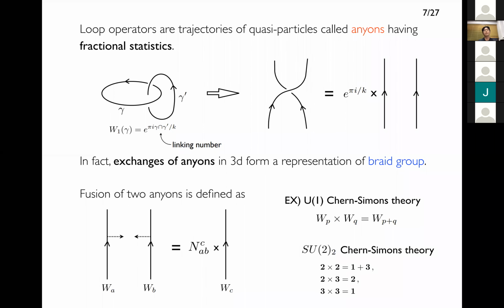As you see, these TQFTs are characterized by the fusions of 2 anyons. For example, in U(1) Chern-Simons theory, the fusion rule for anyons is very simple. Two Wilson loops with charge Q and P fuse